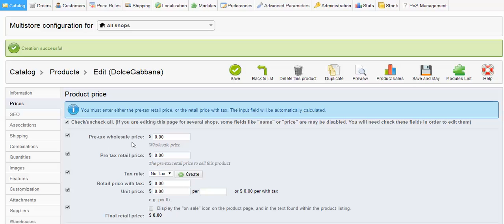The first one is pre-tax wholesale price, and as it tells you, you must enter either the pre-tax retail price or the retail price with tax. So an easy way to do it: let's say this cost us £60 and we're selling it for £90, and bingo, that's all you need to do. Again we can say save and stay, but I'm going to say save in this case, so it will take me to the previous window, and I'll show you how to come back to this window. So I'll say save,